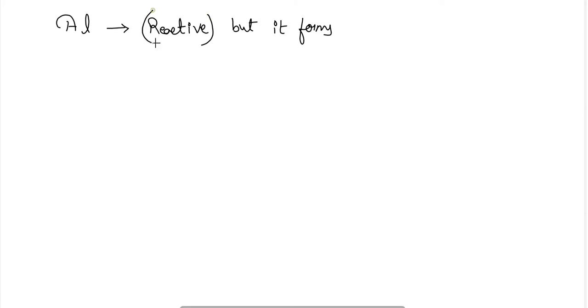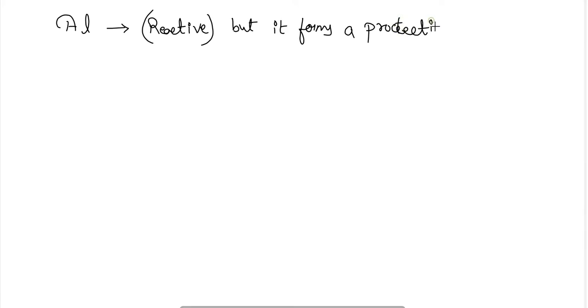Now let's move on and discuss the chemical reactivity of the other elements. So next to boron, aluminium is there. So aluminium is a reactive metal. Okay, it is one of the reactive metals, but it forms a protective covering. It is relatively reactive in comparison to other metals, but it forms a protective covering